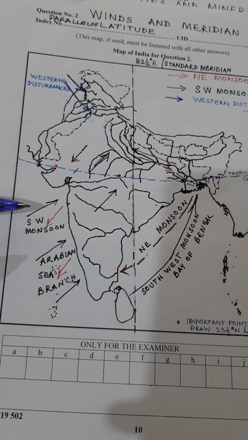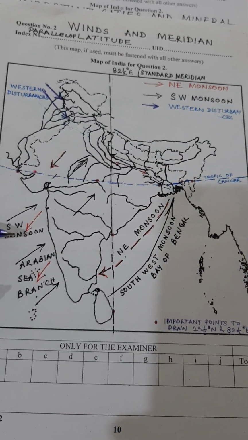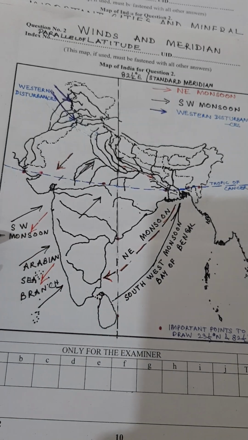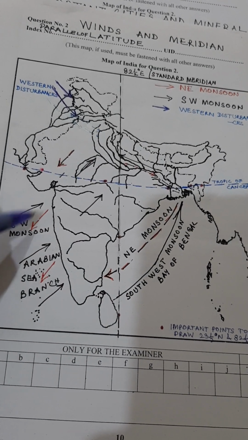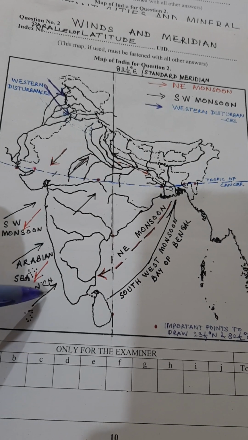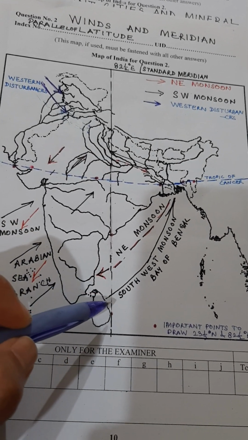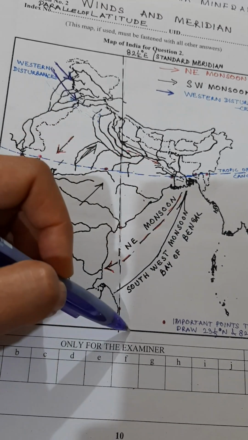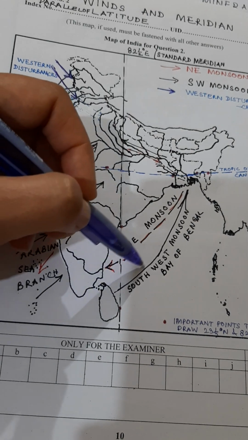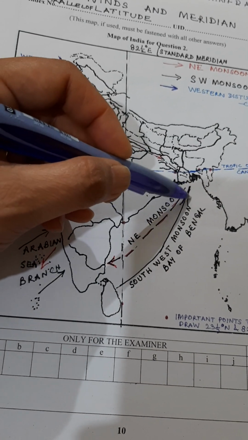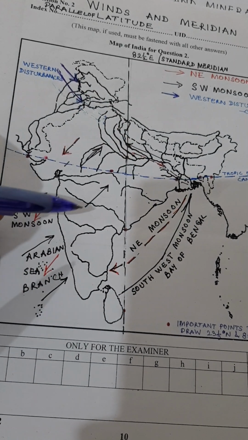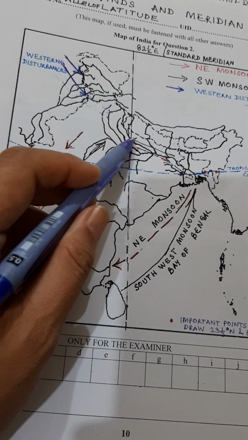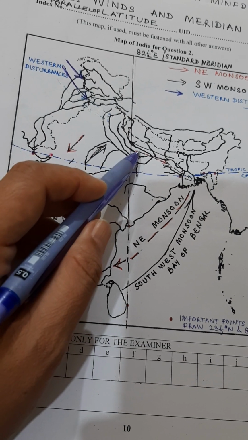Next we have the winds here. So you will notice that southwest monsoons I have shown in the Arabian Sea as well as in the Bay of Bengal. So just notice the direction. These black arrows are southwest monsoons in the Arabian Sea. And here if you see the southwest monsoon, this is the southern extent. We will not show beyond this. Okay, this is the extent of southwest monsoon. So just see the arrow that I have marked here. Okay, then I've also shown the southwest monsoon in the Ganga Valley. So this arrow here shows southwest monsoon in the Ganga Valley.